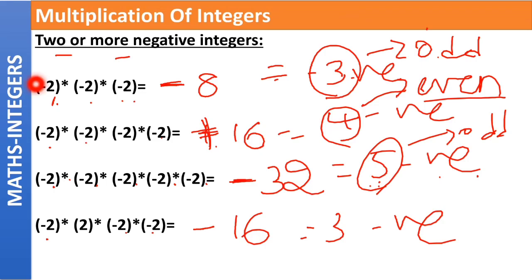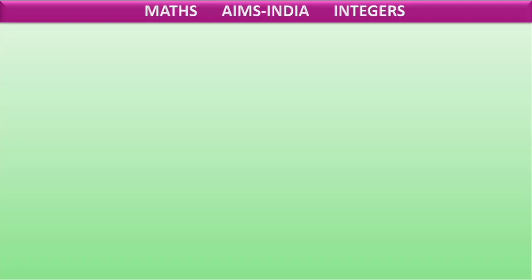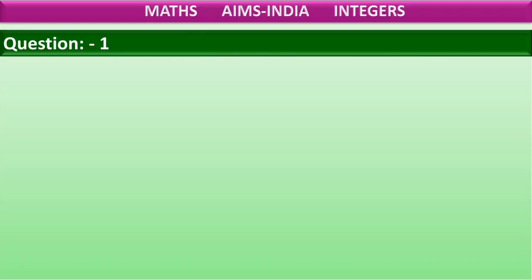You need not go through a troublesome process like minus into minus plus, again plus into minus minus. Instead, you can simply count the number of negatives and write the sign. If it is odd, we'll put a negative sign, and if it is even, we'll put a positive sign. Is this clear? I hope this is clear, because now is the time for today's quiz.